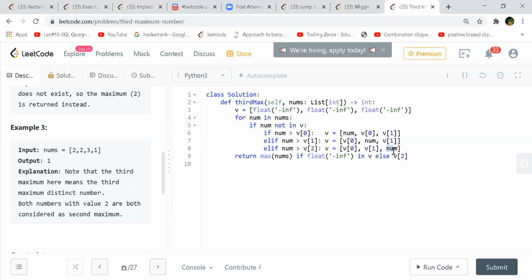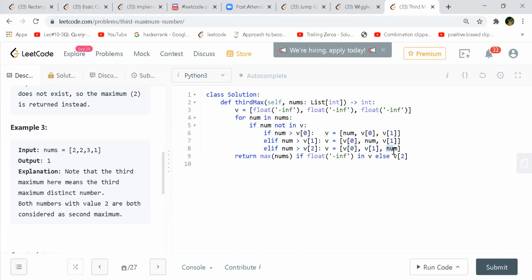When your number is lesser than V0 but greater than V1, you need to update V1, and when you update V1, you store the previous V1's value in V2. And if your number is greater than V2 but smaller than V1, then you update V2. That will be a straight update.